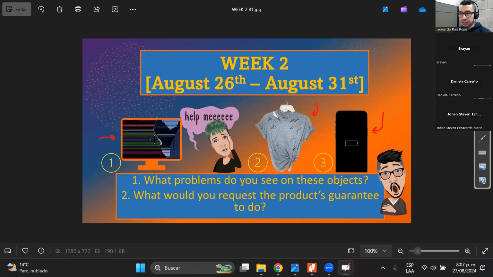What problems do you see, for example, with the first monitor? Is it working fine? The monitor is broken. The screen is broken. So the screen has a very big crack in the middle and the image is gone. Same, for example, in number 2, there are some problems with the t-shirt, and the cell phone also has